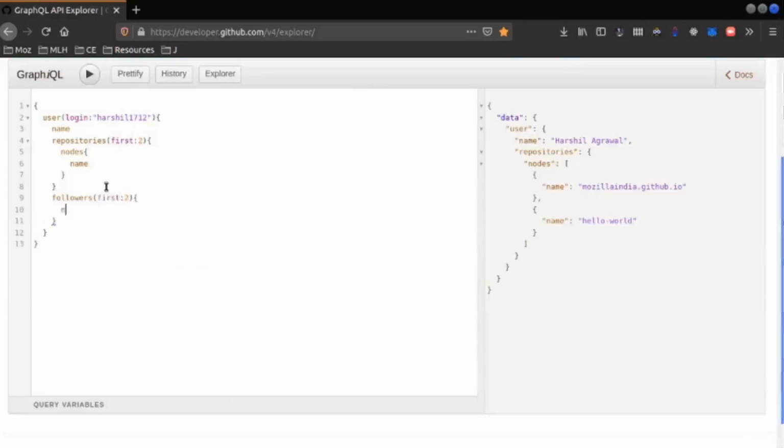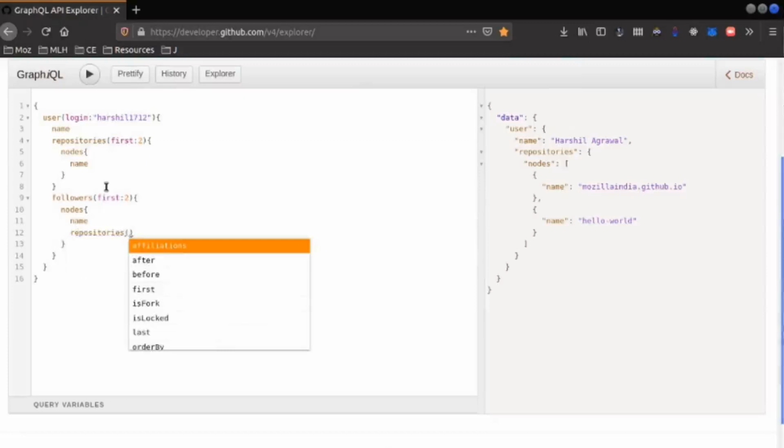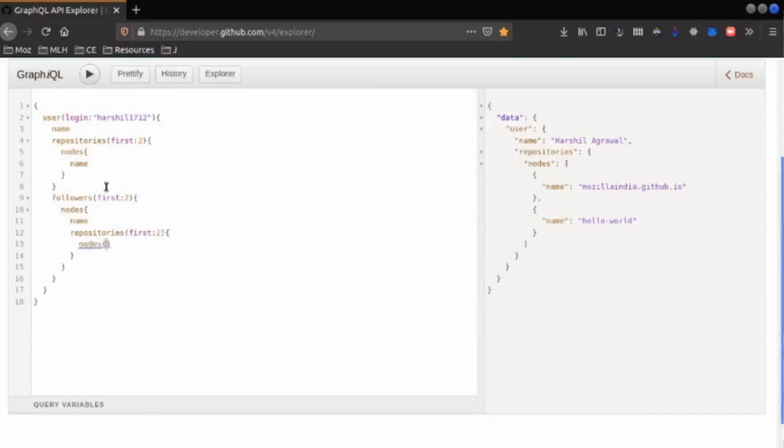We want the name, and again let's say we want to see their first two repositories. So we'll do repositories, pass the argument first, we'll do something similar